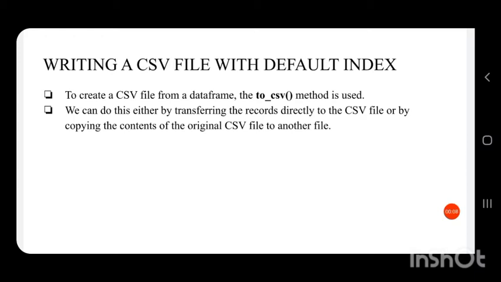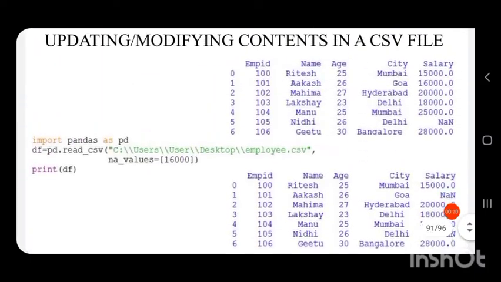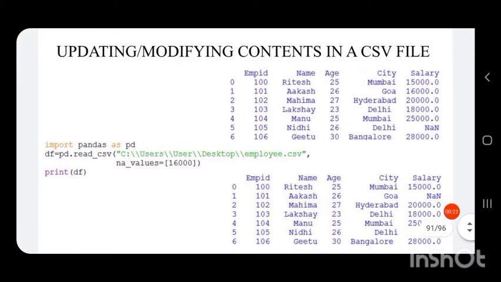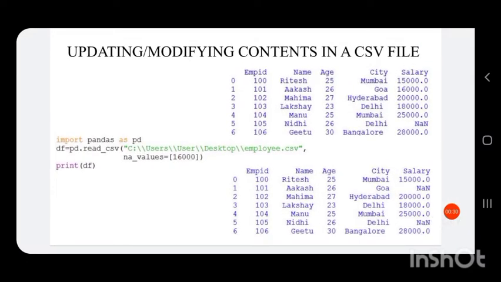We have studied how to read a CSV file into a data frame. Now let us see how to update or modify the contents in a CSV file using a Python program.